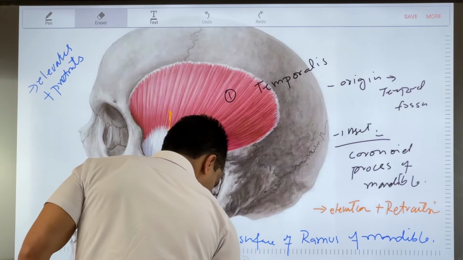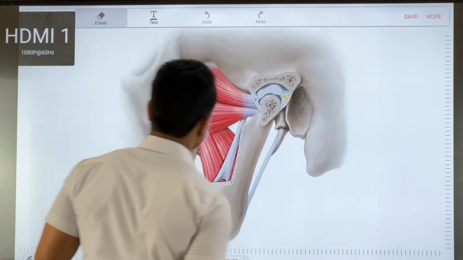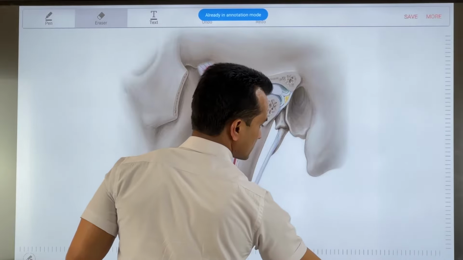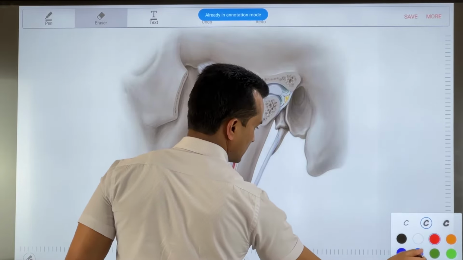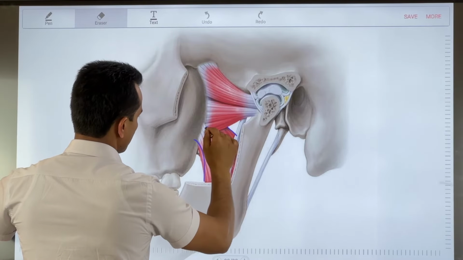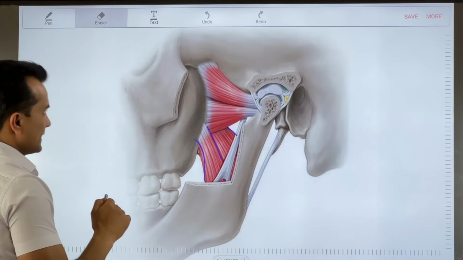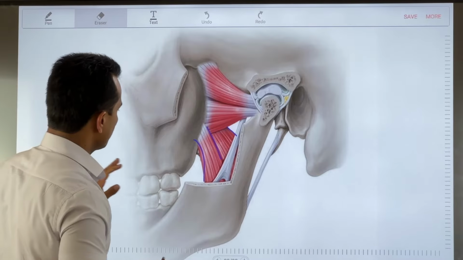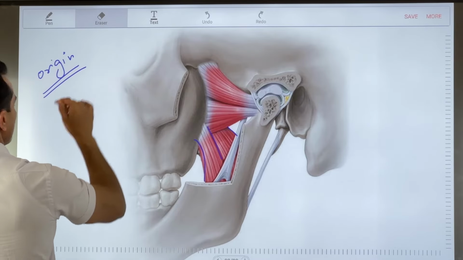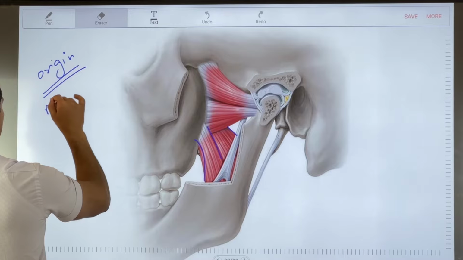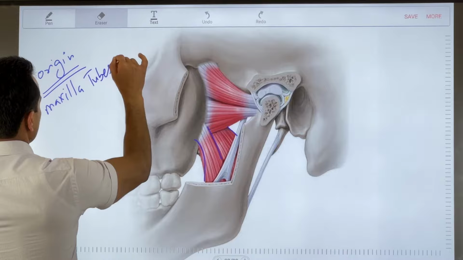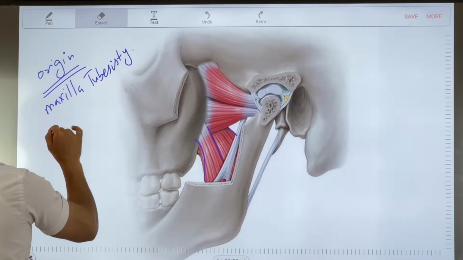Okay, then next we have got the medial and lateral pterygoid. So this is your medial pterygoid. It has two heads also. So the medial pterygoid, what is the origin? The origin is the maxilla bone, but the tuberosity of the maxilla, and its insertion